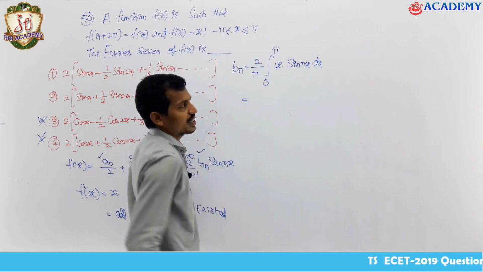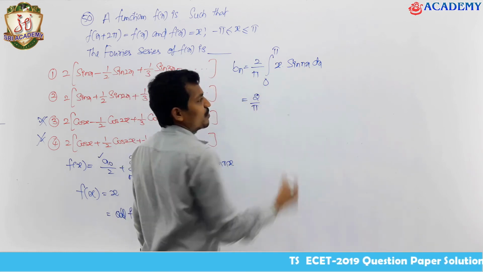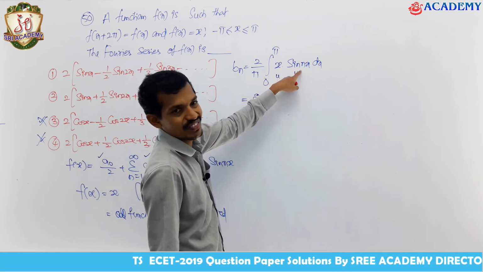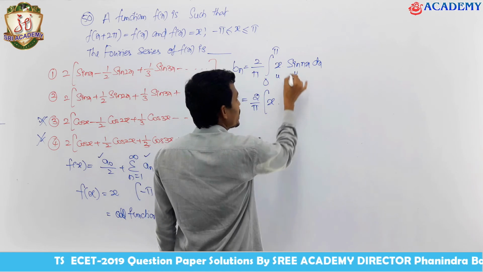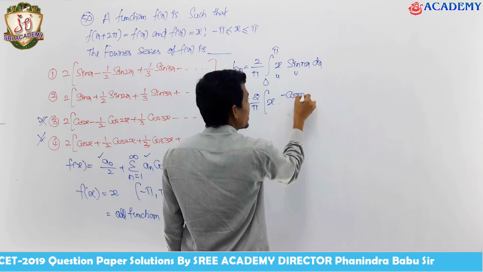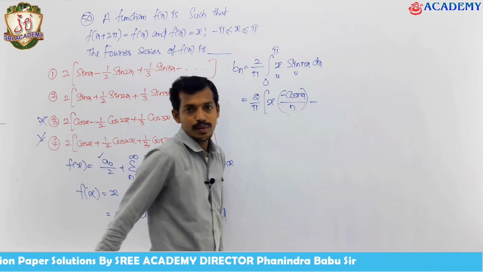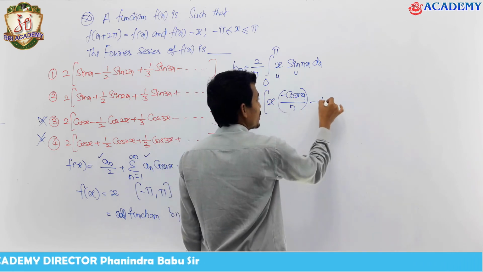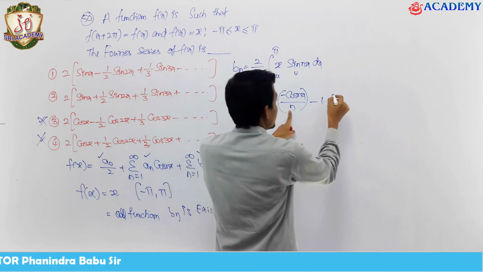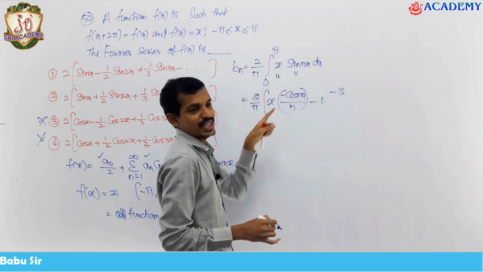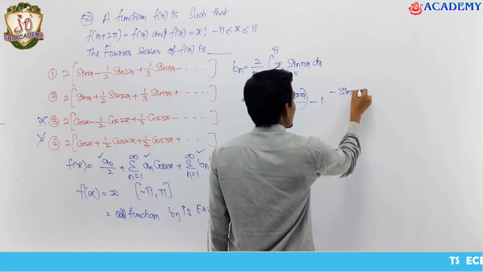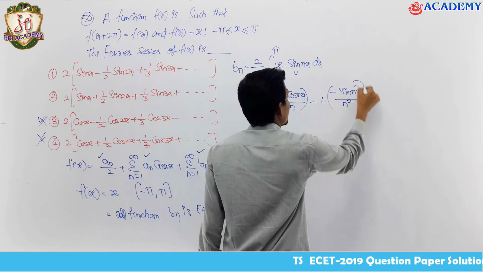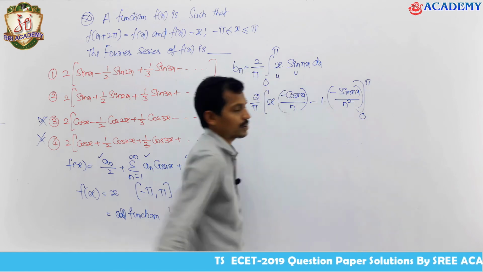Now if you simplify, that is 2 by pi. Here this is the uv method, that is integration by parts. Here this is the first function, this is the second function. Now that is x into integration of sin nx, which is minus cos nx divided by n, minus x derivative 1 into the total function integration, which is minus cos nx by n integration. Already minus is there, cos nx integration is sin nx divided by n square. You are going to get already n is there, one more n, you will get n square. From 0 to pi you have to substitute.